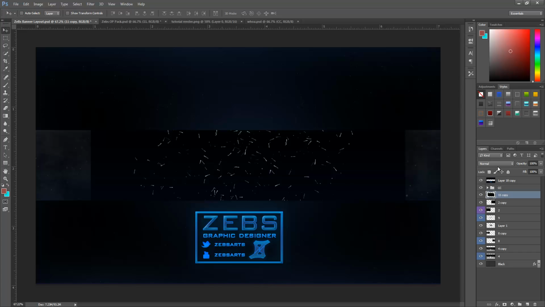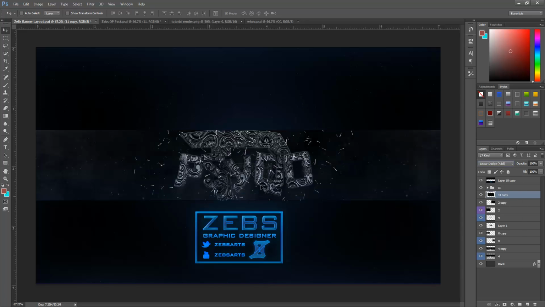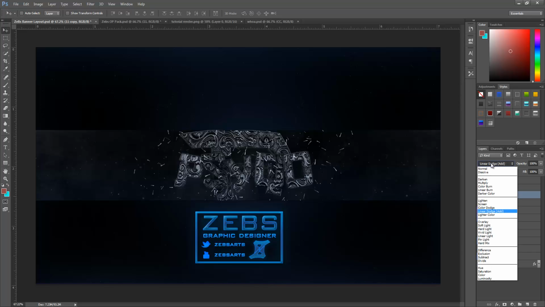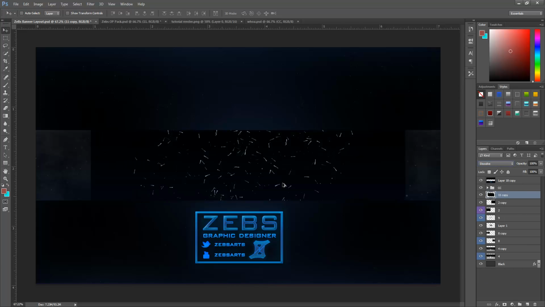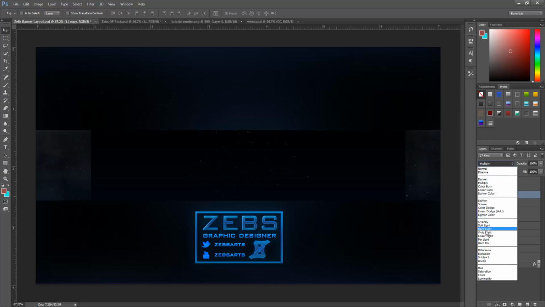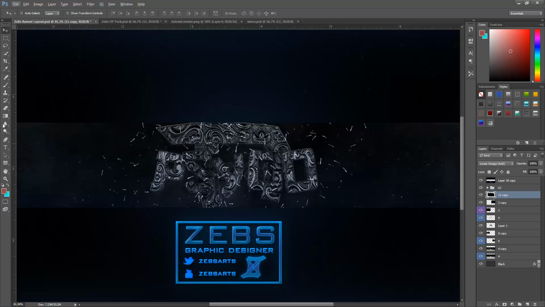covering the render. Now, before you merge things, you always want to pay attention to what this setting right here is. So these particles in particular were set to the linear dodge add. So boom, there you go, it's fixed. So yeah, just keep in mind of what they are. Most likely it'll probably be screen, linear dodge, or sometimes just normal, depending on the particles. So yeah, just gonna set this back to linear dodge, push enter, and then now we're just going to erase